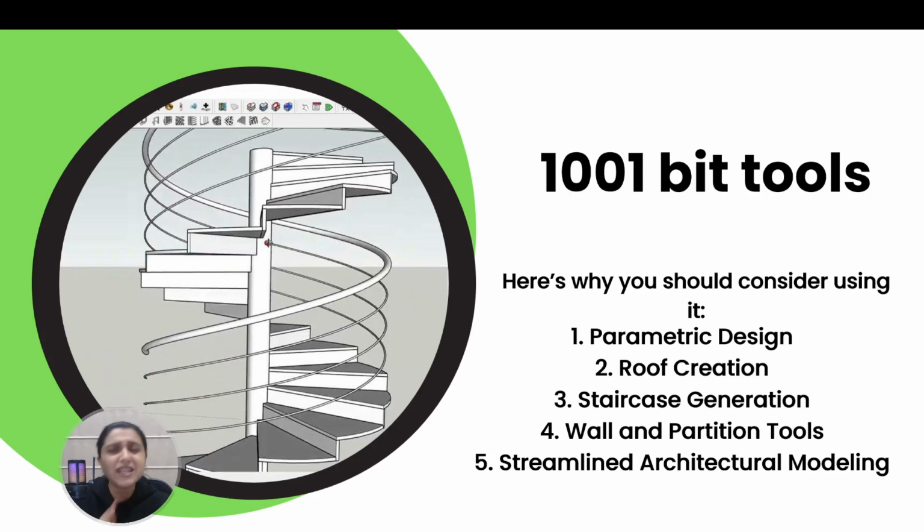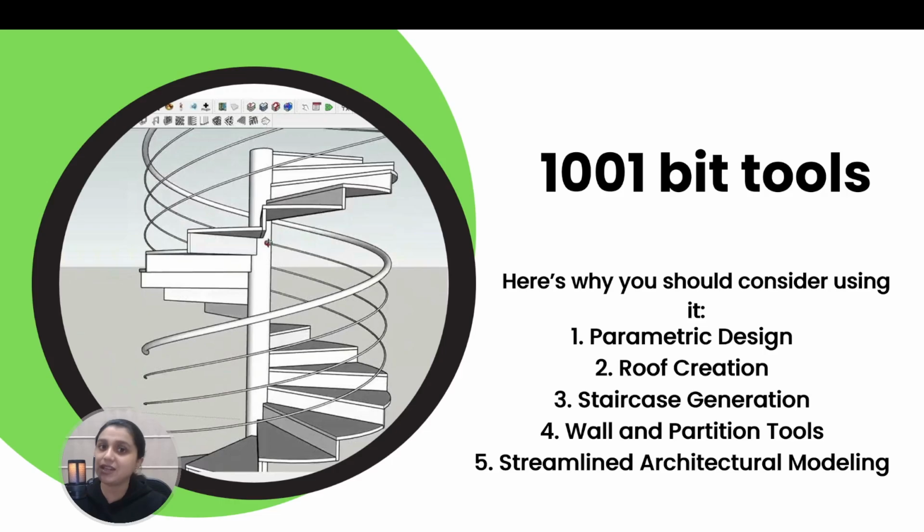It's basically the toolkit, which is like an addition to whatever you have in your SketchUp, and it will give you very specific ideas. Like if you want to create a roof, roof creation is a kind of tedious job if you have to do it just with SketchUp. But once you get this toolkit, you can make it easier. You can basically just choose a tool of roof creation.